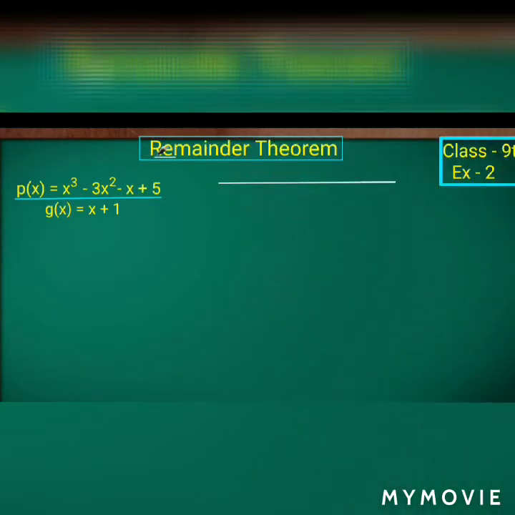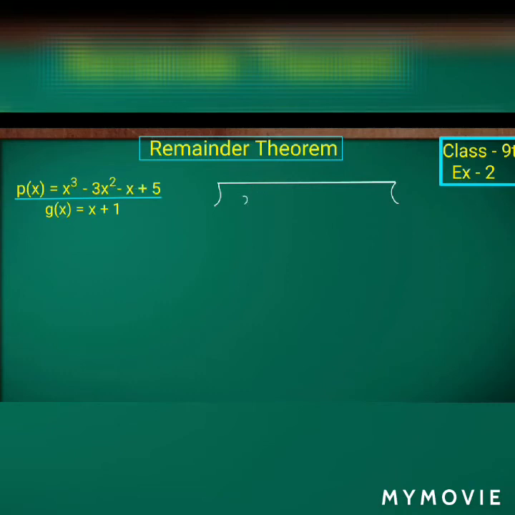Let's take an example. Before going to the remainder theorem, we'll discuss the problems based on the long division method. We have just done the same thing. Here two polynomials are given, so we have to find the factors of the given polynomials by using the long division method. We can find the remainder based on the long division method or else the remainder theorem. Both will give the same answer. So let's cross check.